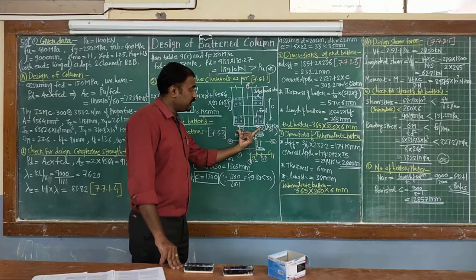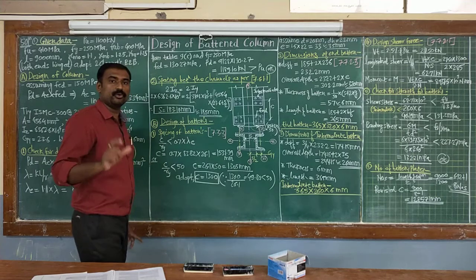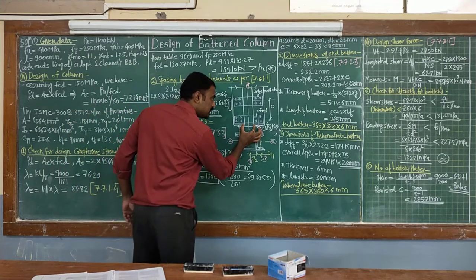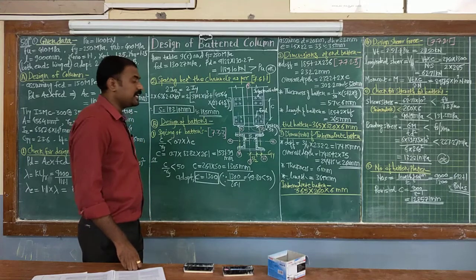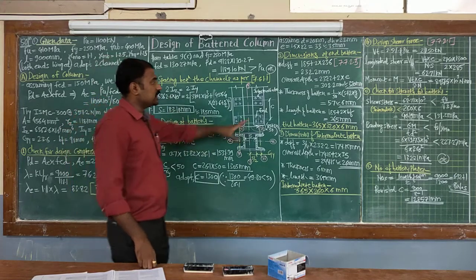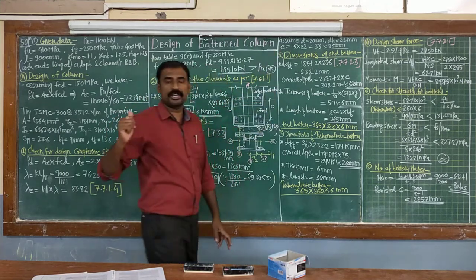Now this distance between rivet line, or center to center of rivet line, I am getting equals to 285 mm. That is 185 spacing plus 50 and plus 50 from either side. That is equal to 285 value. Now after defining spacing for your batten system, next step is connection details.